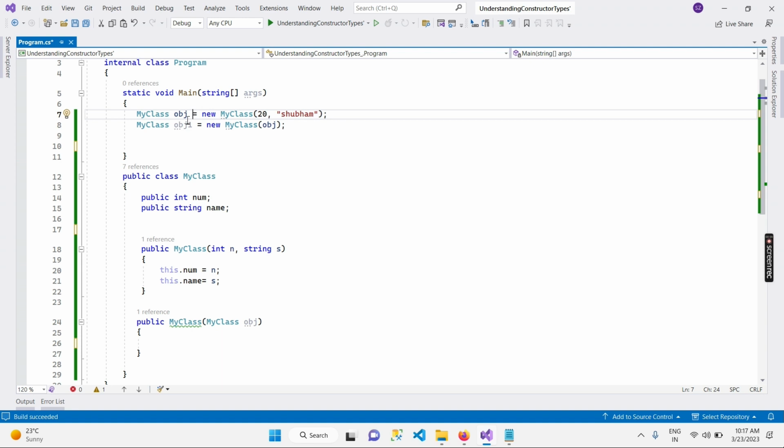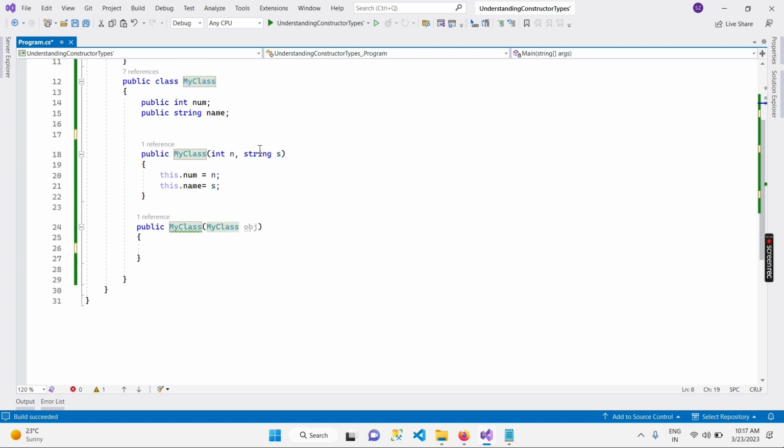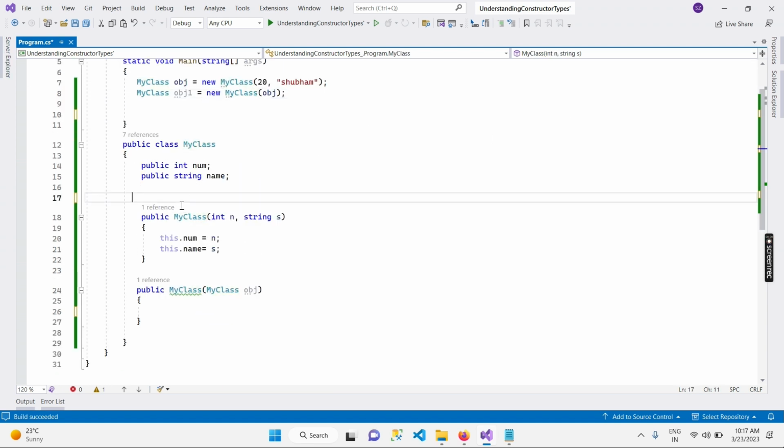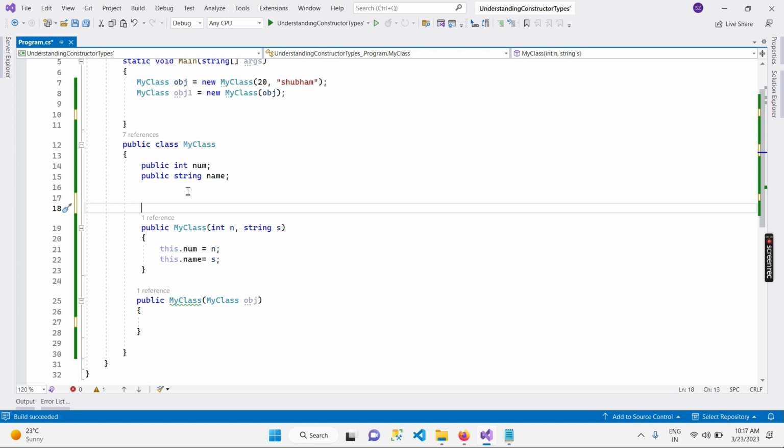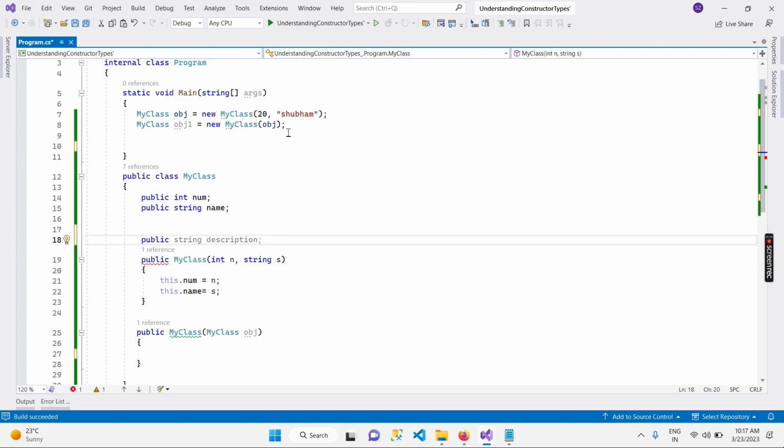We are not allocating more memory, and we are simply using the memory allocated to this object, not wasting another memory allocation. And if we have some variables and we want to copy this string and this number without passing them again,